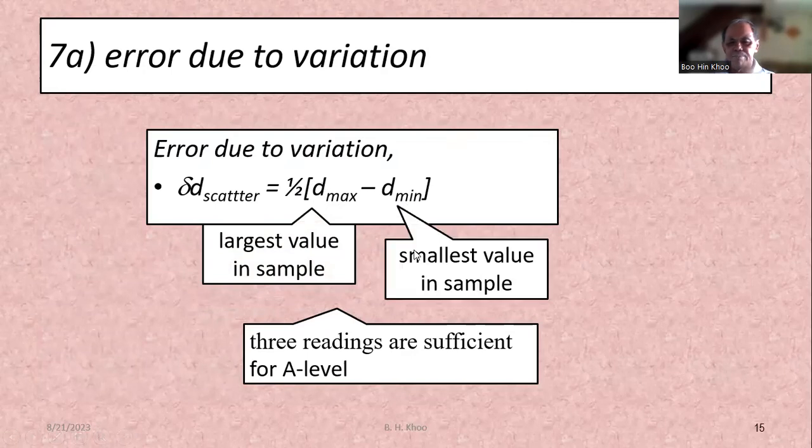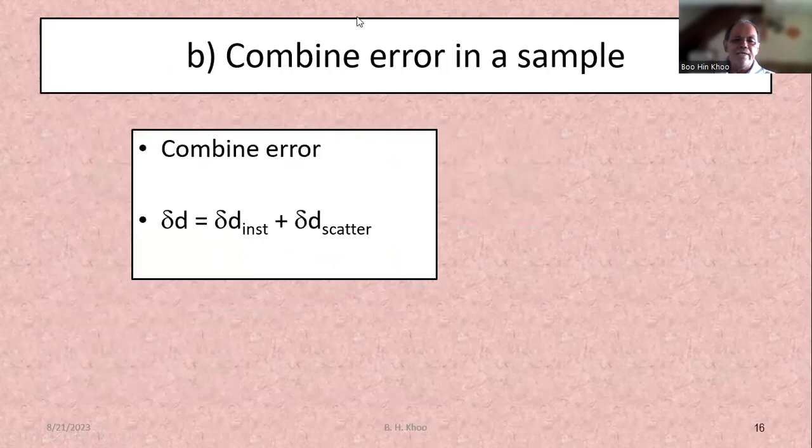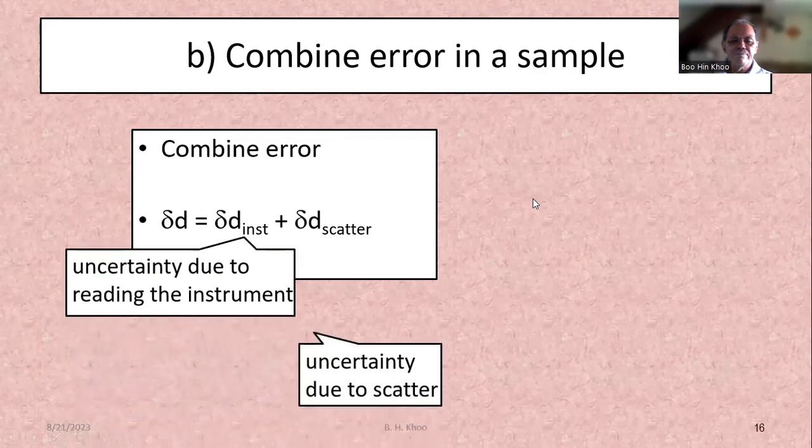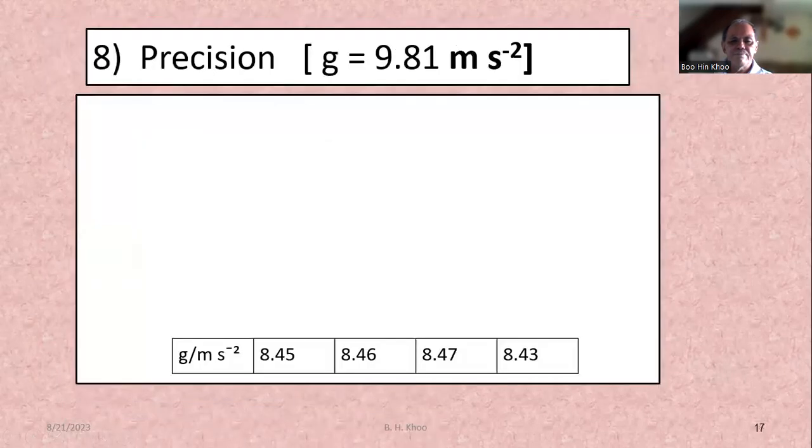Right? This is the largest in the sample. This is the smallest value in the sample. Then we add. Right? This is an uncertainty due to reading the instrument, due to estimating the last figure. This is the uncertainty due to the instrument where you have to estimate the last value. This uncertainty is because there's a scatter. Every time we read, the values are different from the mean value. Right? Example, g is